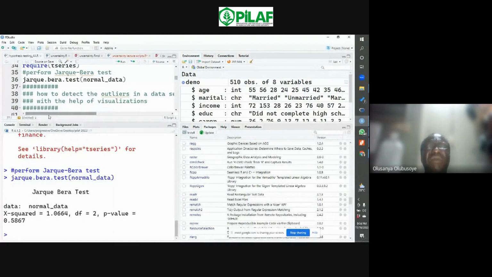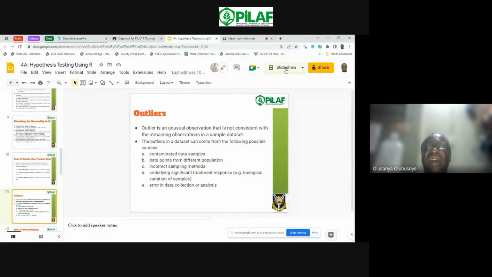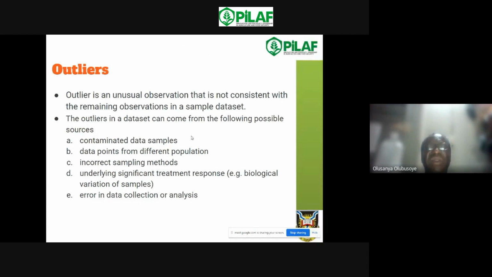Now we move to the issue of outliers. Outliers are usually values which you can consider to be unusual when compared to the rest. They are not consistent with the remaining observations. That doesn't mean they are not legitimate. Sometimes they could be legitimate, but sometimes they could be due to